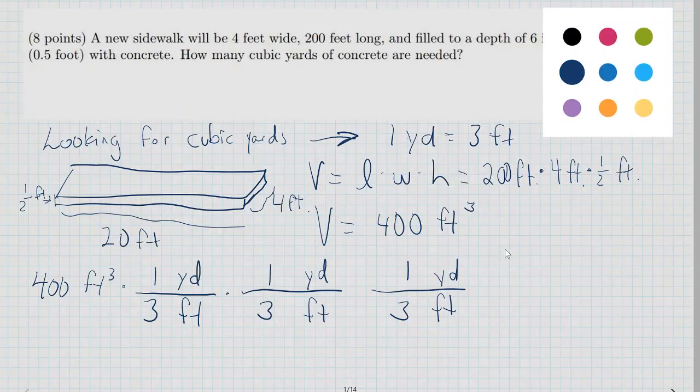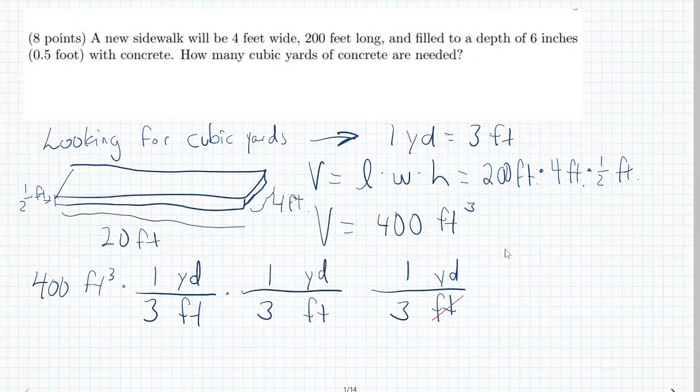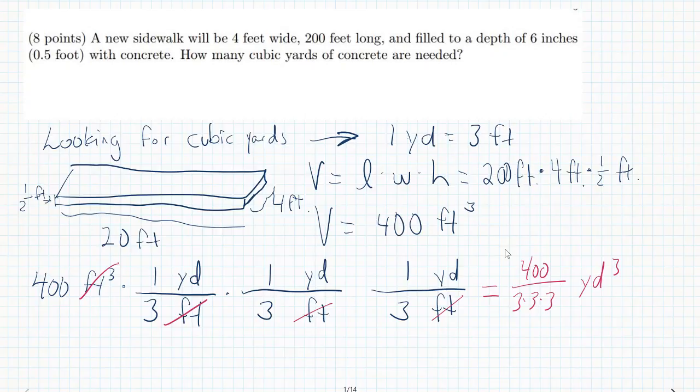Notice what happens here: the feet cross off with the feet cubed. What we're left with is 400 times 1 times 1 times 1, so 400 divided by 3 times 3 times 3. And I'll put that right here. This should be a final answer in cubic yards. So now you can take out a calculator and hit 400 divided by that 3 times 3 times 3, which is 27. And so this means we get an answer of 14.81, oops, 14.81